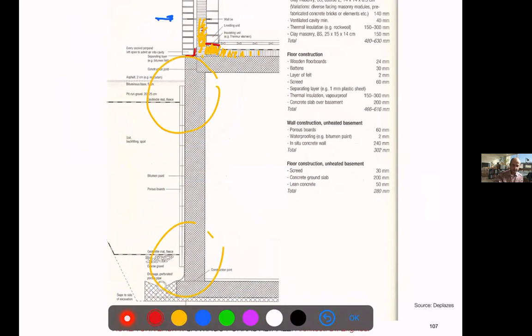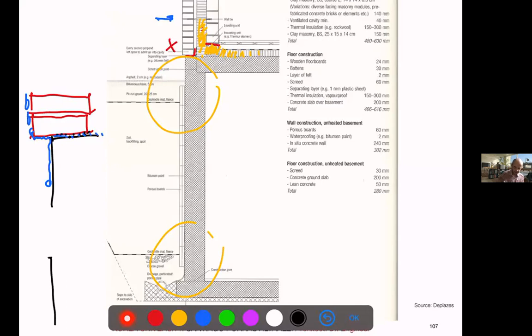Only, again, I will be a bit critical of this detail, because if we have the concrete and the brick, let's say it's red brick, the one which is very popular, actually we will have a mortar in between. So this is porous material. If it rains, the water will slide and move around, will come here, and eventually will go through. So I don't think this is a good detail. What we do very often, and you will see very often in projects, is to have, let's use the same colors for the sake of consistency,